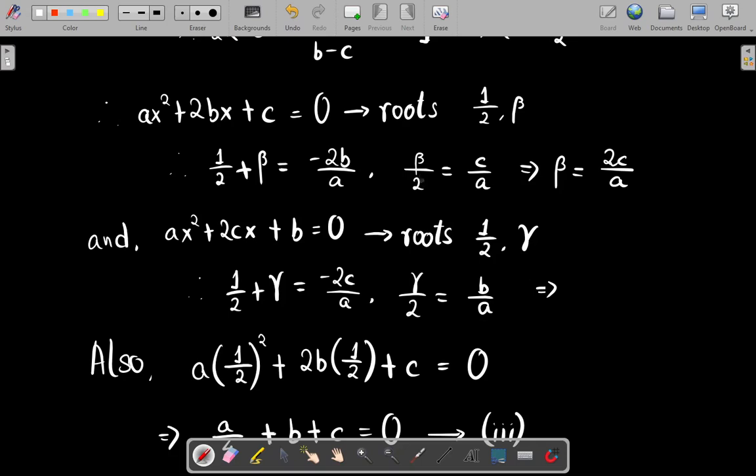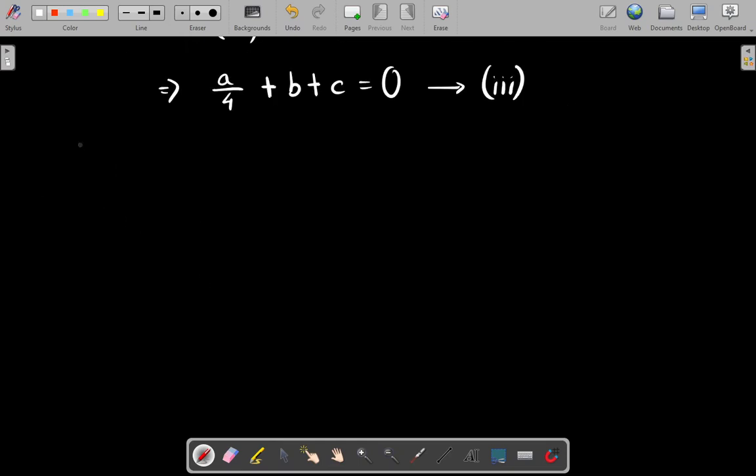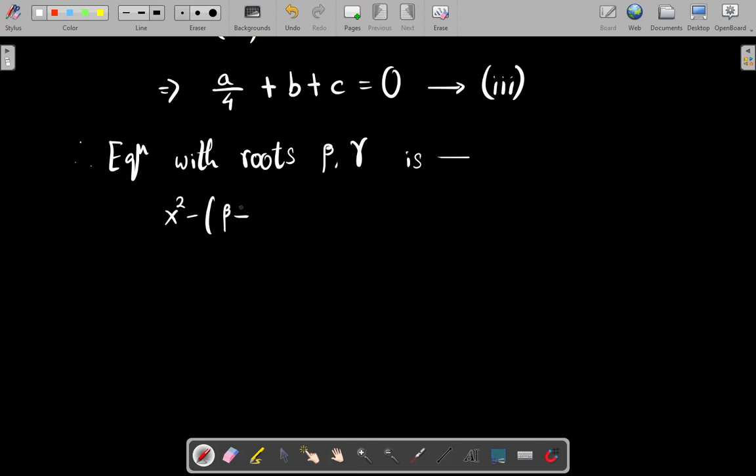So from here on cross multiplying, we get beta equal to 2c upon a, and from this one we get gamma equal to 2b upon a. Therefore the equation